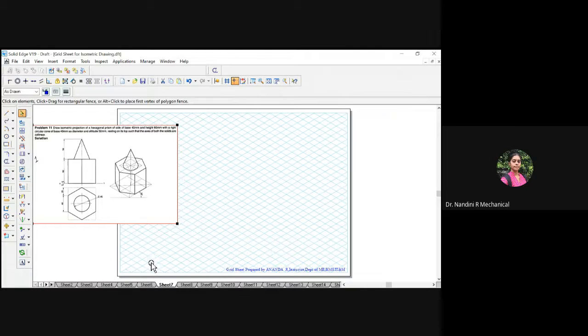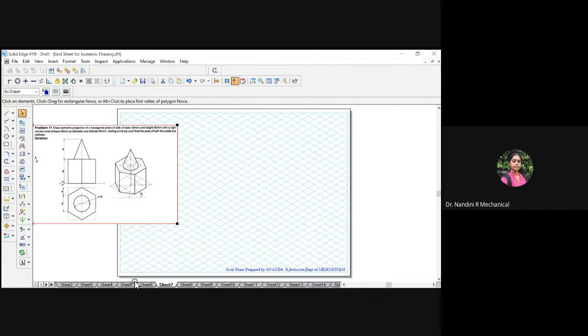So here, how much will this distance be? That you have to measure. Okay, so here you can come to know this exact distance is 40 mm. So from here to here it is 40. So after 40, what is this distance you have to calculate? That distance you will get from the top view here.